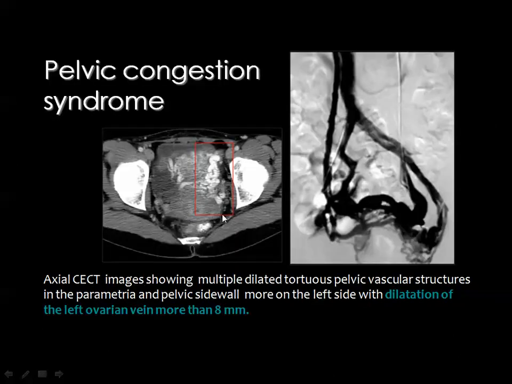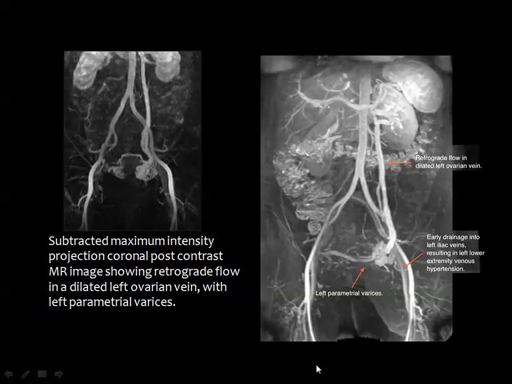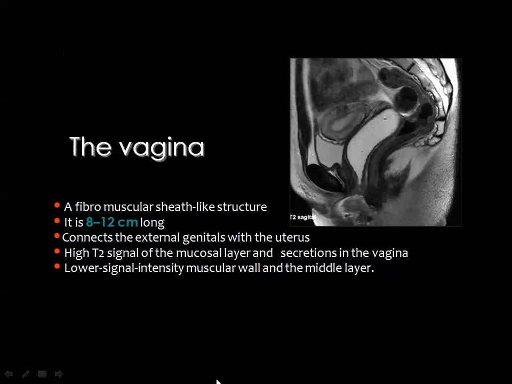Then this is pelvic congestion syndrome with dilated tortuous veins by this contrast enhanced CT image, and this is by the retrograde venogram. This is by MRI, coronal post-contrast MR image showing the retrograde flow in the left ovarian vein with dilated collaterals in the pelvis. Then we came to the last issue, which is the vagina, and this is a fibromuscular